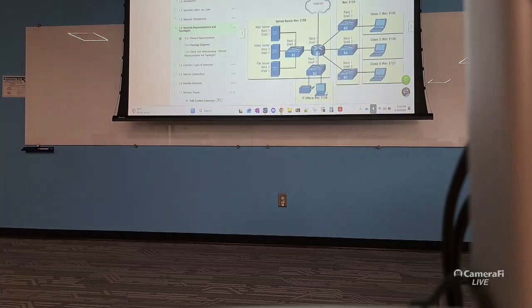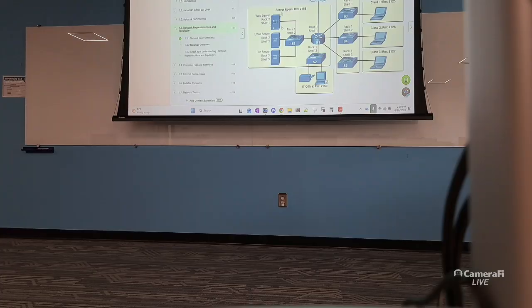We have the actual name for the room. This web server is in rack 2, shelf 1, and so on. What is it connected to? Notice that we're showing connectivity between devices. Here's a switch, here's a router,